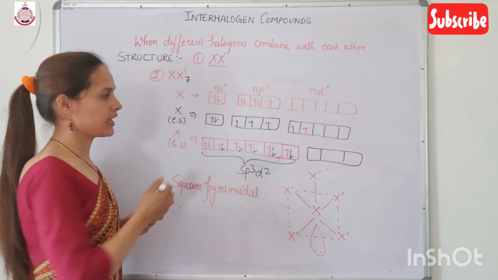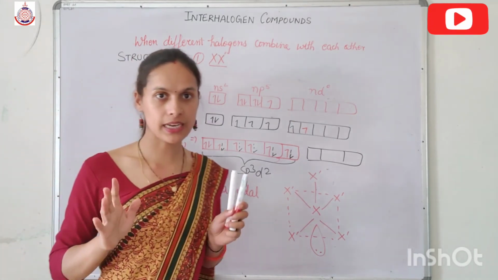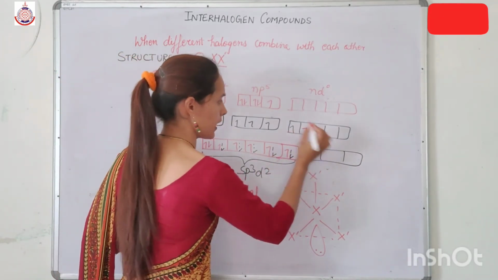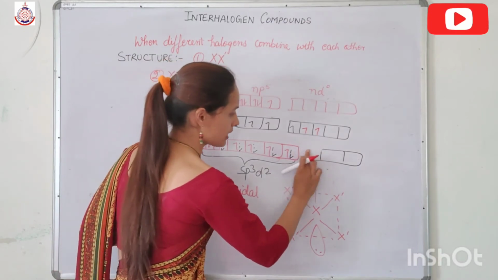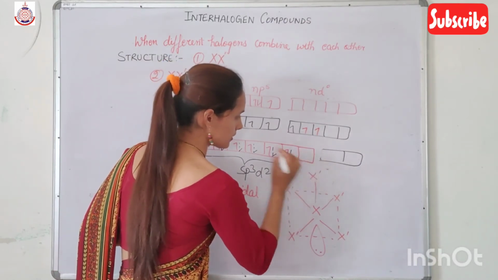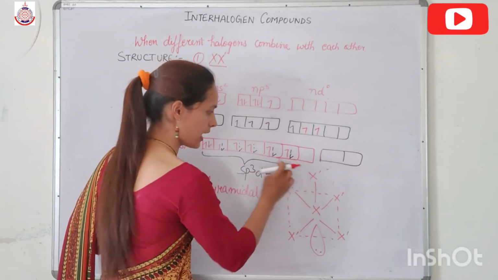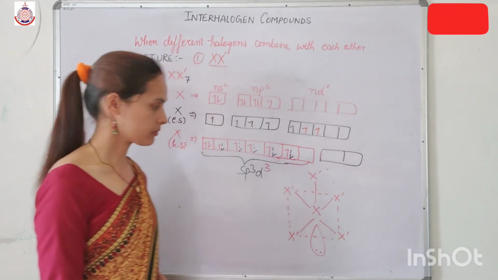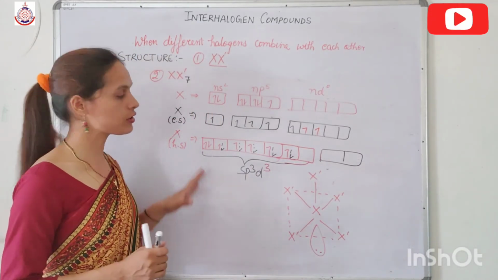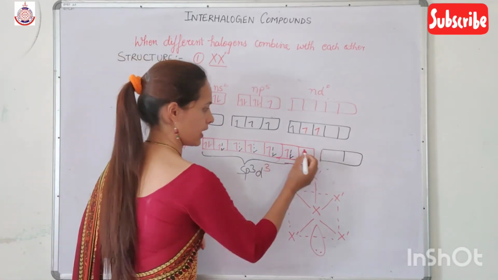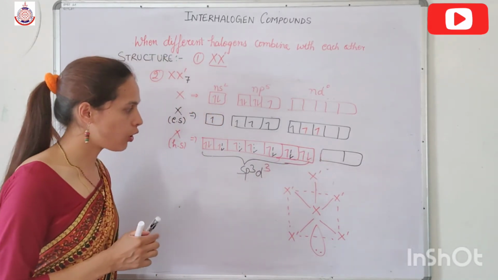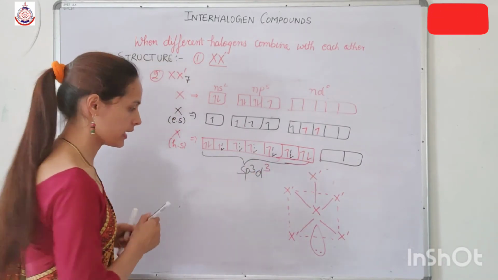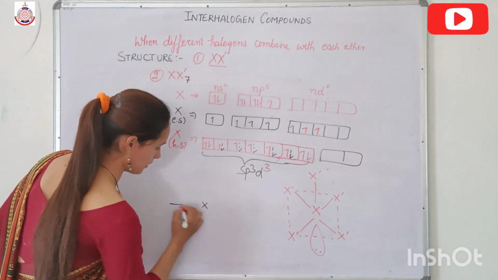Here if I have XX7, then I want 7 unpaired electron orbitals. So one of the electrons from here also goes here, as a result of which we get how many hybridized orbitals? 6 and 2 unhybridized d orbitals, and the hybridization becomes sp3d3. The shape is pentagonal bipyramidal, because all are surrounded by bond pairs. Here also we have one bond pair. So because all the orbitals are bond pairs, X is surrounded by only bond pairs. So the geometry is pentagonal bipyramidal.